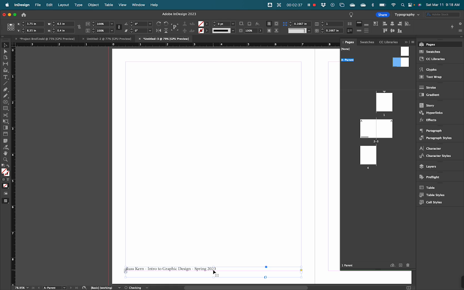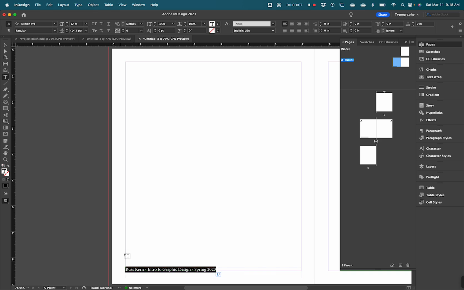The point of our margins is we don't want any of our printable content, readable content, to go outside of those margin lines. That just gives us a nice, comfortable buffer between our type and the edge of the page, and also helps to ensure that we don't run anything so close to the edge of the page that it gets cut off in printing or when we're putting together a mock-up. So I'm just going to pull that down there, and then,